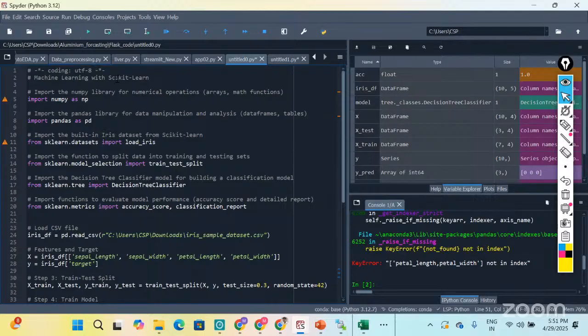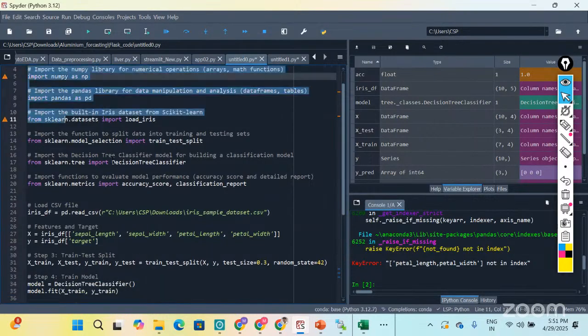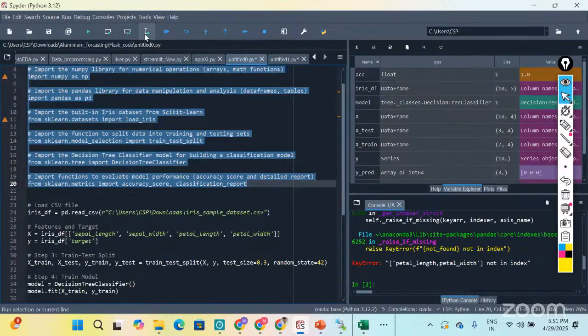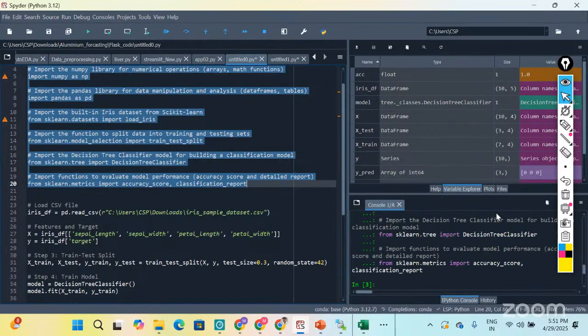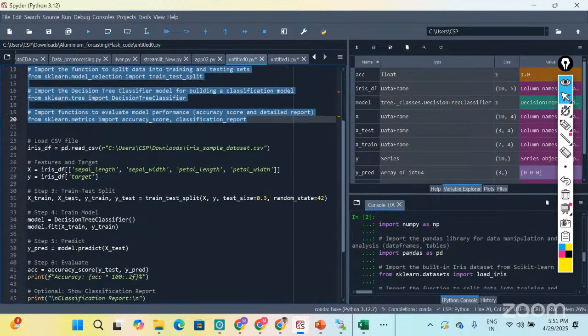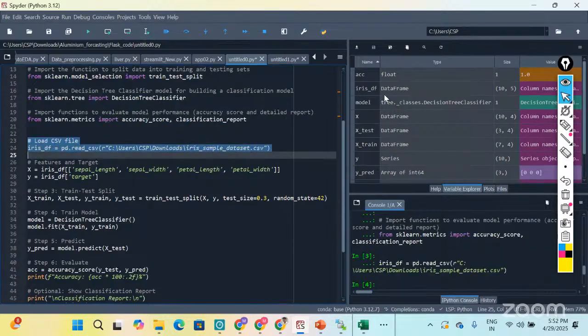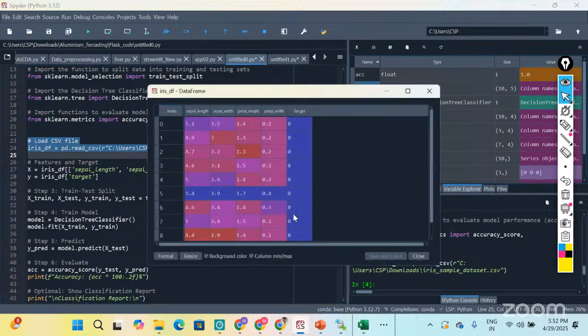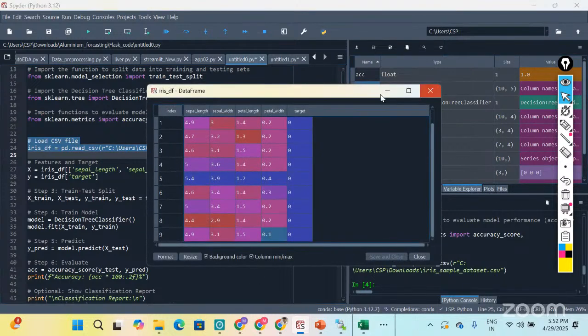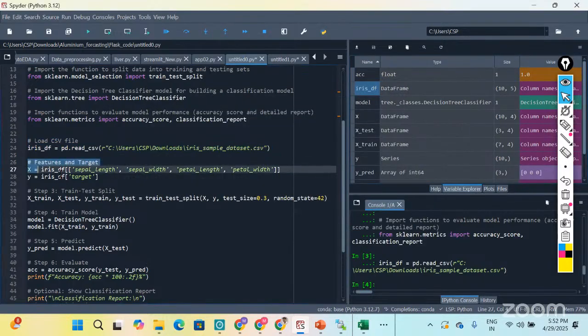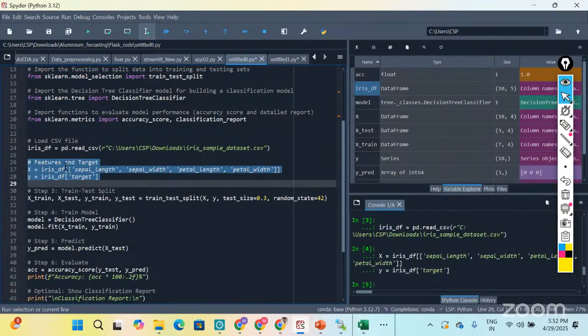let it be. We'll go one by one then. If I import only the libraries, can you see here the libraries? The libraries are imported. Now I'm importing my data. Once I import my data, can you see the variable here? So this is my data which is available here. Next, I wanted to do the feature and target. I'm splitting my input variable and the output variable. If I do this, then can you see here X and Y.